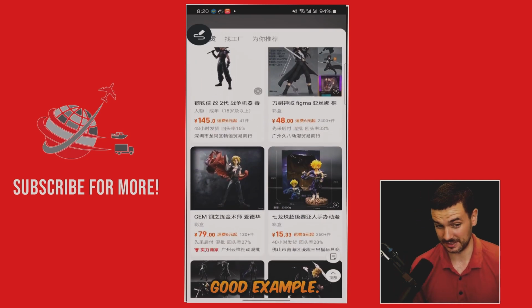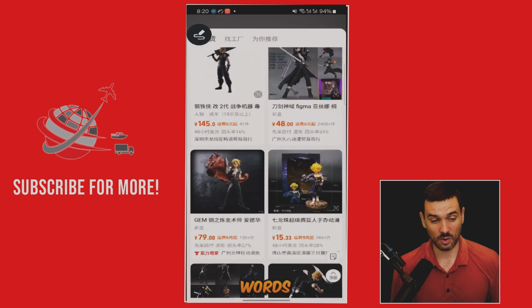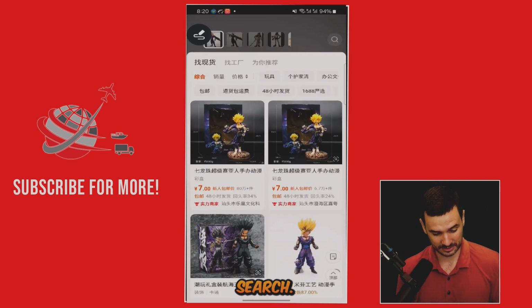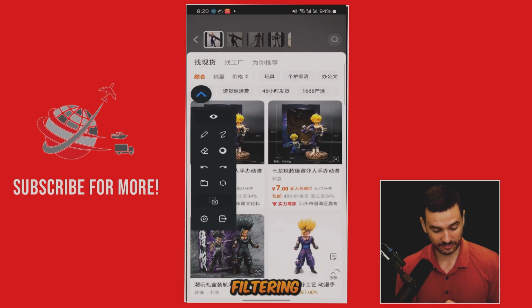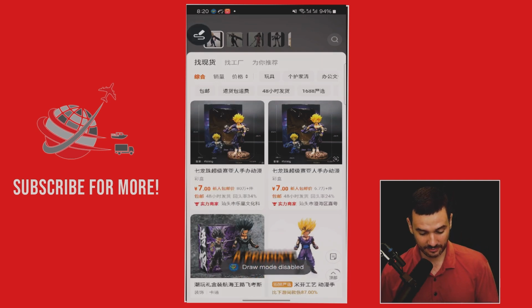So maybe this is not a good example, so you might want to find a different or more clear picture. But I want to mention some keywords when you're using the reverse image search. So you can see here, these are all the filtering options. This is super important because with the filtering options you can see, okay, I'm looking for a product, and again,